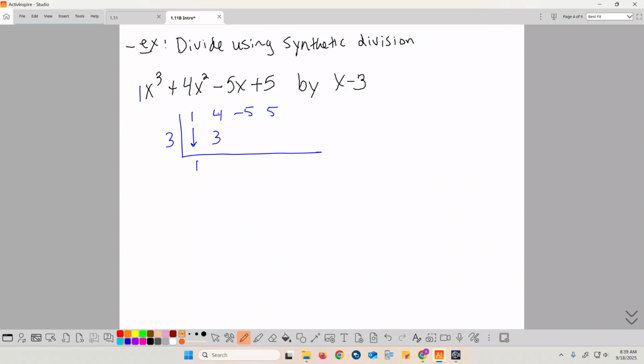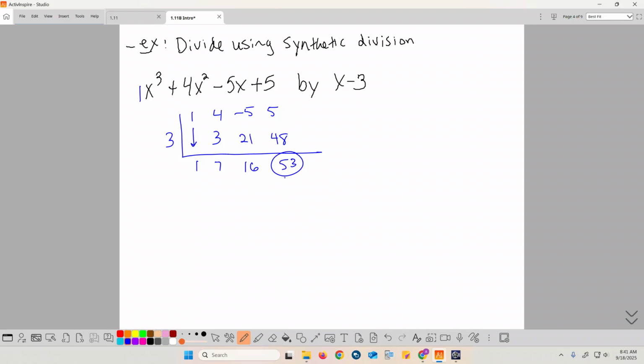Now this is positive, right? So we get to add. 4 plus 3 is 7. Multiply 3 times 7, which is 21. And then negative 5 plus 21 should be 16. And then 3 times 16 should be 48. So 5 plus 48 should give us the 53, and 53 is actually going to be our